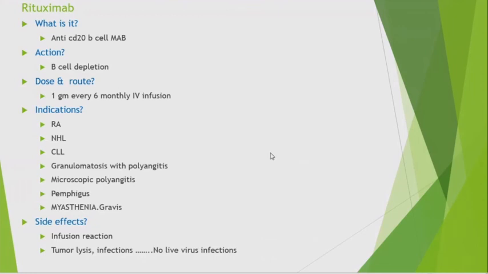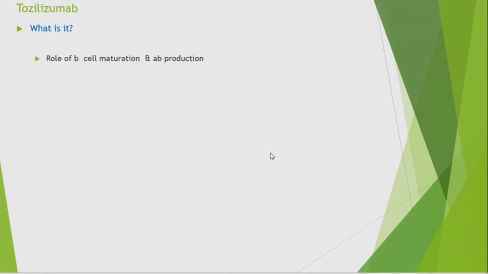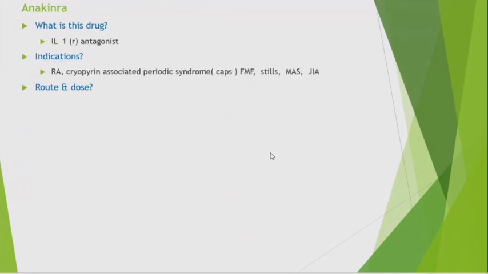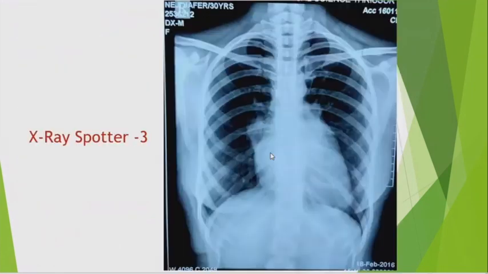Sir, that X-ray alone, sir. Which X-ray? The third spotter alone. Yes, sir. So what could be the other possibilities? This one, sir. This can very well be a rheumatic heart disease with pulmonary hypertension. Yes, sir. This can be because of the pulmonary artery dilatation and the left atrium becoming prominent. Okay, sir. So left atrial enlargement indicates that possibly there's left heart disease, and it's possibly gone to the right heart also.